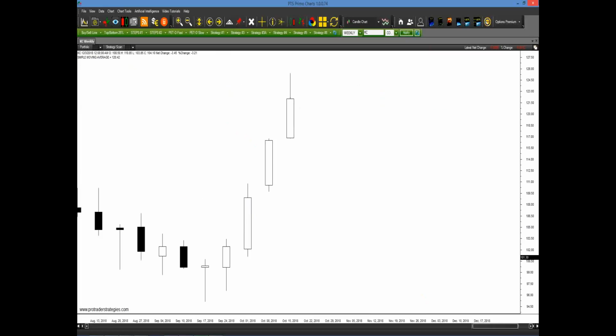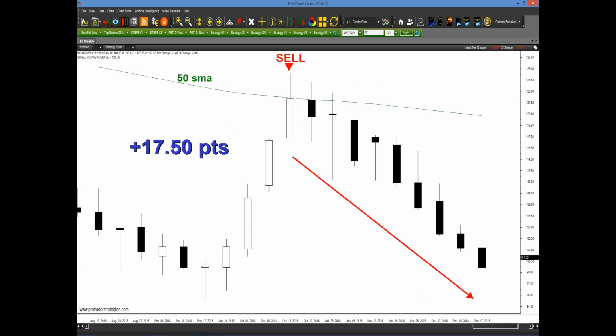How about a weekly chart of KC? This is coffee, okay? Now, coffee was going lower, and then it had a nice bounce. So someone says, obviously, Steve, this is in an uptrend, right? Well, not really. We are below the 50. And someone would say, well, gosh, I would have missed that nice buy here. There's a morning star here in coffee. Why didn't I take advantage of it? Well, sure, you will see some bottoms in every market every once in a while, but where's the consistency? The consistency is being in sync with the market, and that's what strategy 9 does, because what happened to that gain? You would have given it all back if you held out long enough,